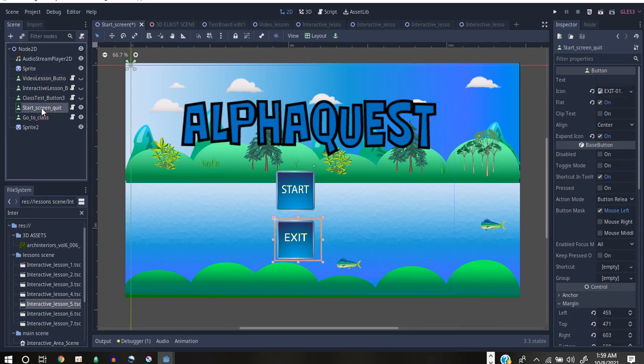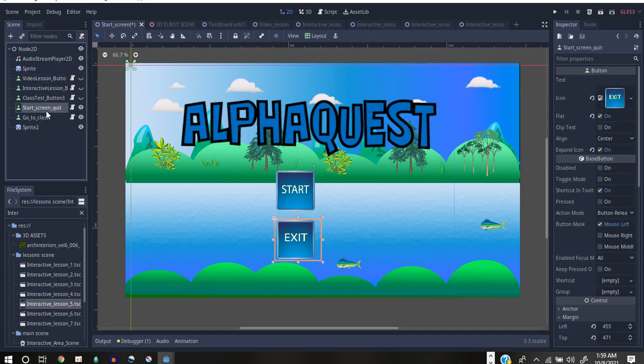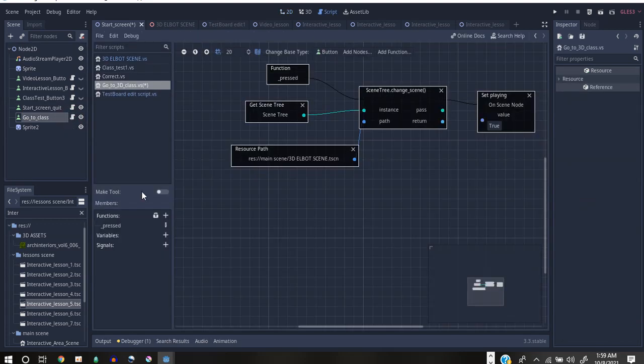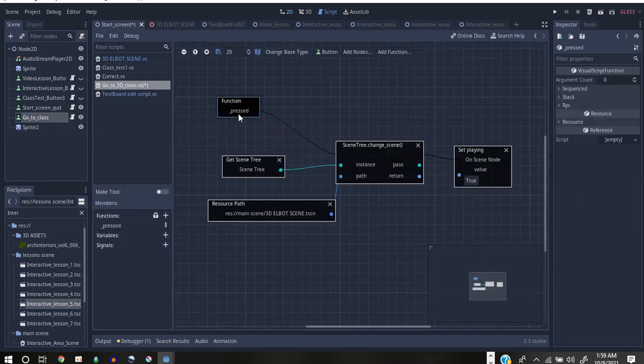The ones I left are the start screen quit, which is this button, and then the go to class, which is this start button here. If you click on this go to class, we now have the function. We have a function when the button is pressed. That's what comes with